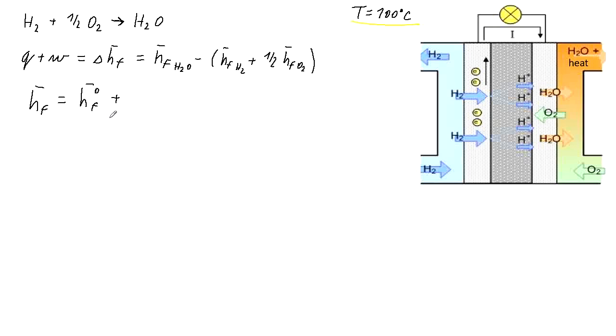So we need to get the difference between the enthalpy at 100 degrees C and enthalpy at 25 degrees C. So for that, if we have some formulation of enthalpy, we can get the enthalpy for the given temperature minus enthalpy at the reference state, in this case the 25 degrees C. So let's start with the water,